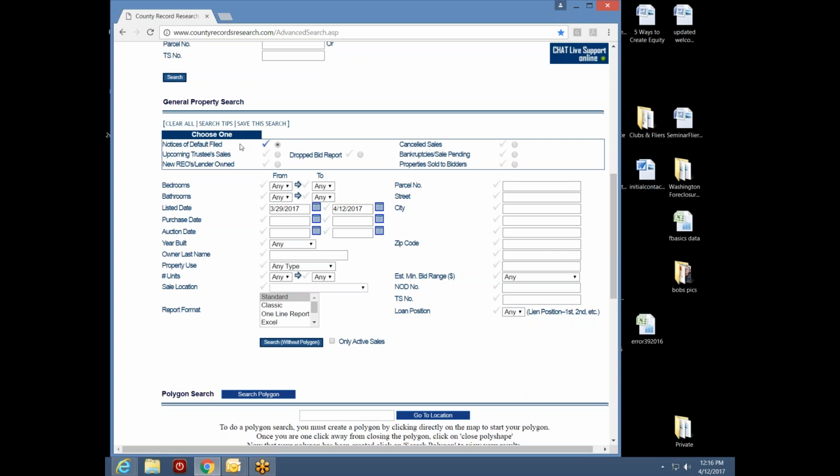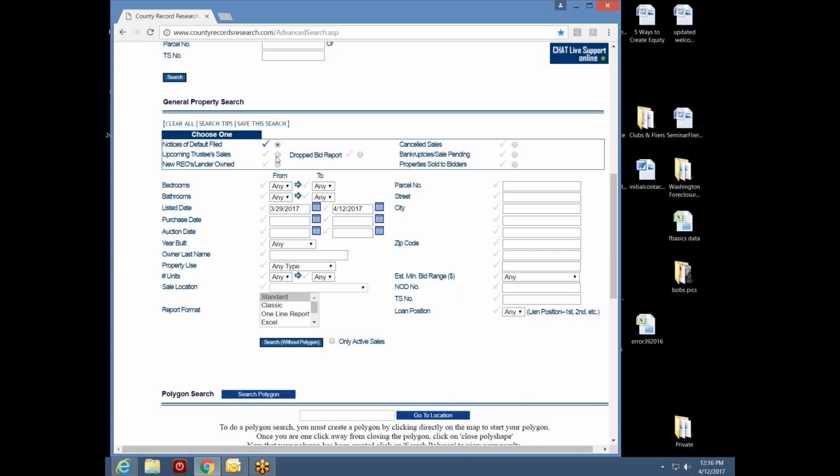So whenever we look at a notice of default record, we need to search by a category of dates. And we use a category we call our listed or added date to the system. So whenever I pick notice of default, the system is going to give me a date range of 2 weeks, starting from 2 weeks in the past and ending in today's date. So notice, with notices of default, we're looking backwards. We're looking in the rear view mirror based on the date we added the property to our system.